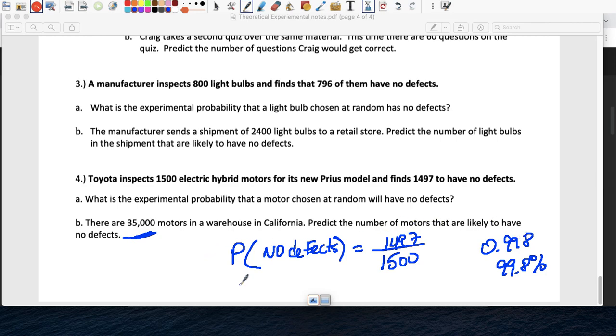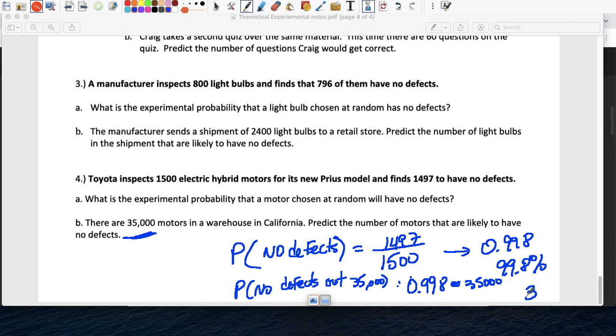So no defects, out of 35,000, because that's what we're doing. Again, I'm going to multiply the decimal because I have this and I'm too lazy to write it as a fraction. 0.998 times 35,000. So how many motors will be good, okay, times 35,000. We can expect that 34,930